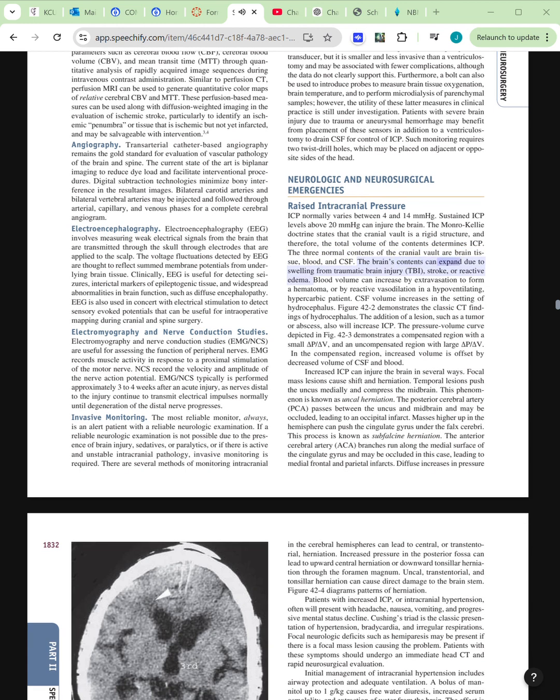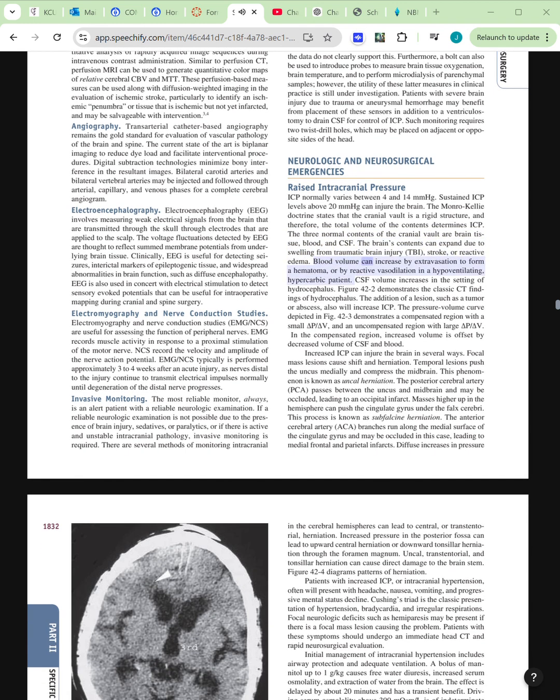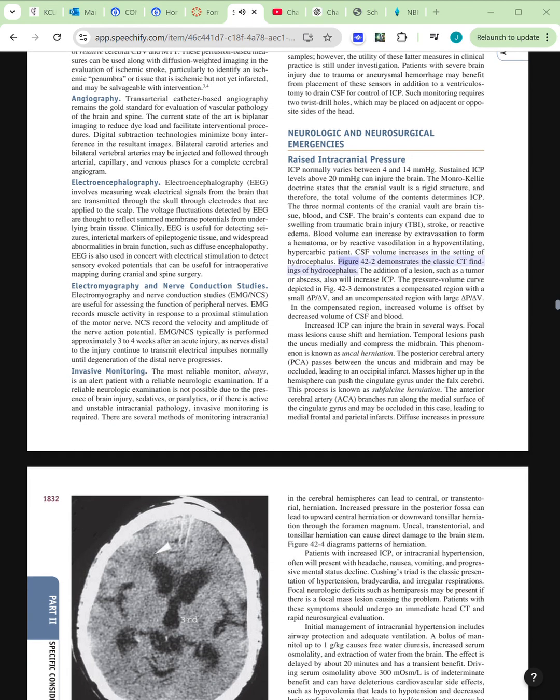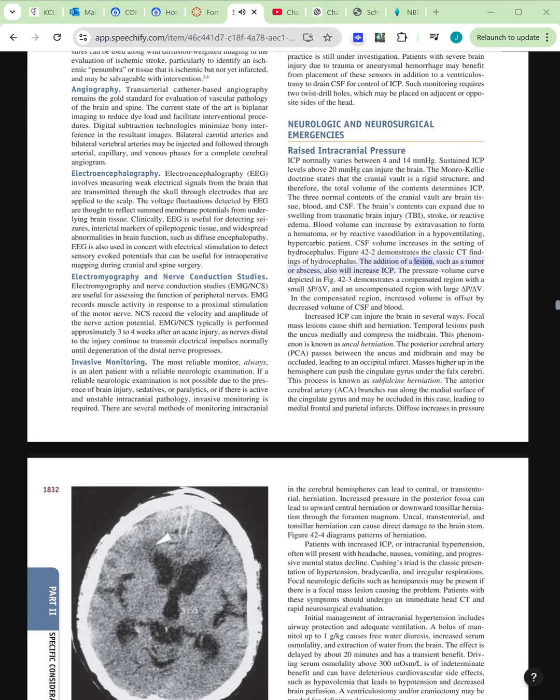The brain's contents can expand due to swelling from traumatic brain injury, stroke, or reactive edema. Blood volume can increase by extravasation to form a hematoma or by reactive vasodilation in a hypoventilating, hypercarbic patient. CSF volume increases in the setting of hydrocephalus. Figure 42-2 demonstrates the classic CT findings of hydrocephalus. The addition of a lesion, such as a tumor or abscess,